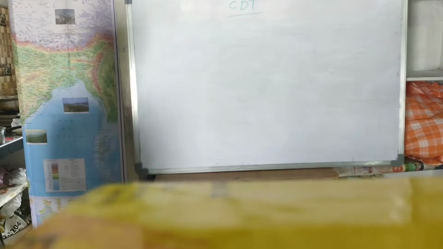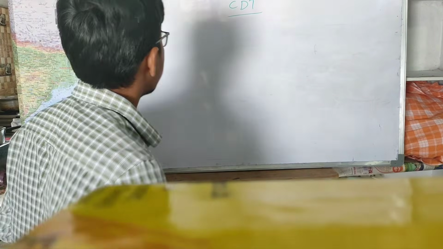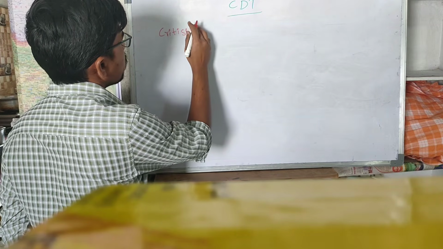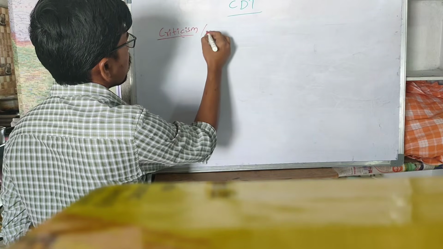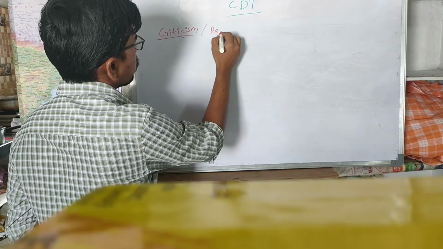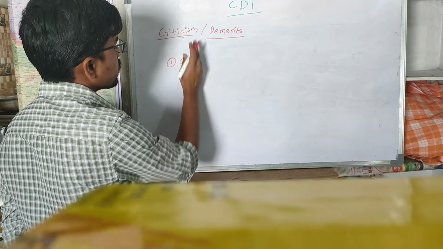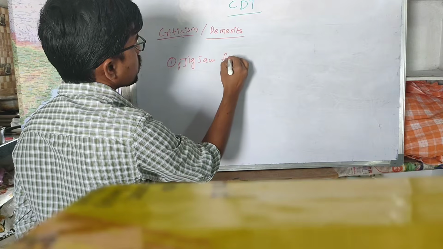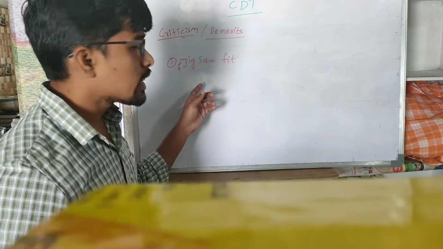So here we found some faults in the continental drift theory. The faults are nothing but some criticism, or demerits, we can say. Drawbacks, demerits of this theory. The first proof is the jigsaw fit. The jigsaw fit was roughly acceptable, but